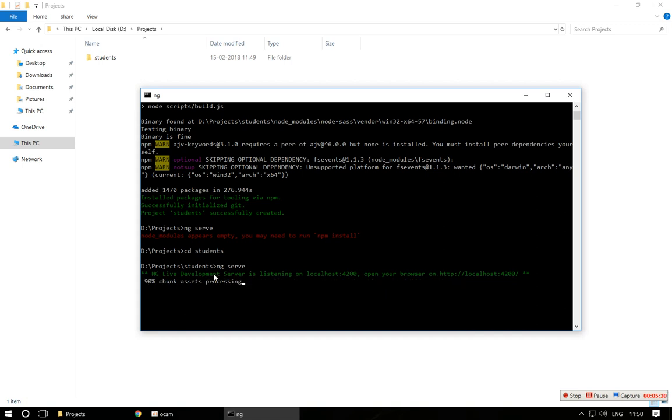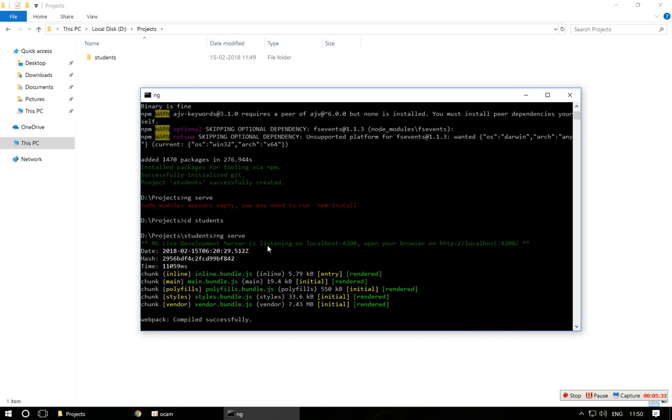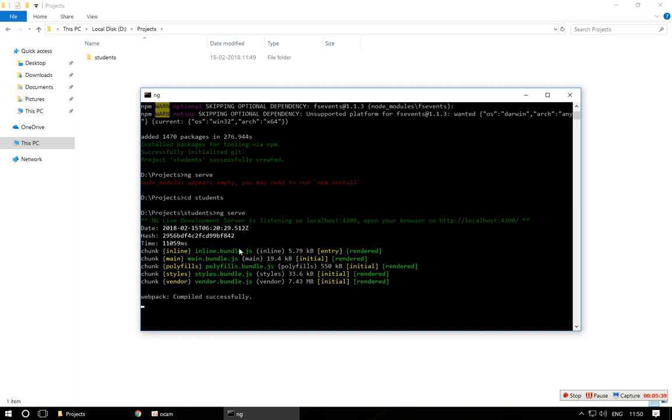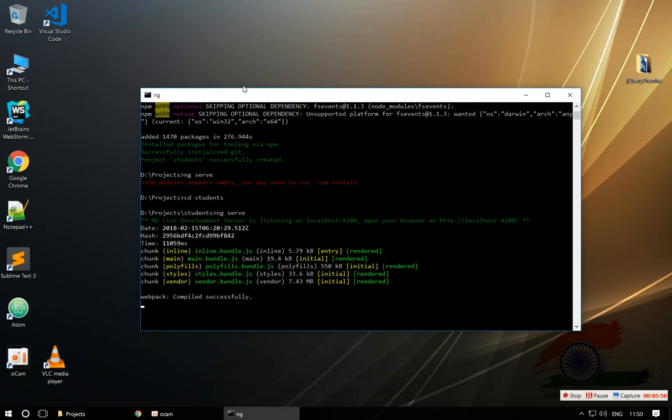See, we can see the live development server listening on localhost 4200, a URL given by the server for our project, and we can see the message compiled successfully. That means if our project is compiled successfully, we have no errors in our project files. And one more thing we can do here, we can view our project application in a browser using the address localhost 4200. You can open any browser here